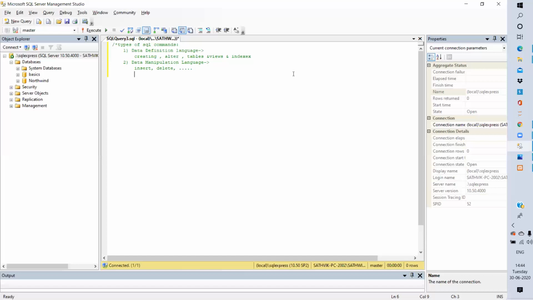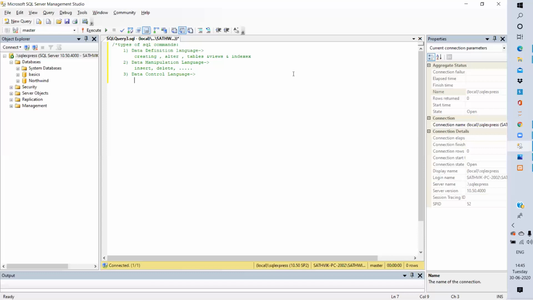Okay, and third one is about data control language, which controls data. Here we use grant or revoke statements to give access to the user.